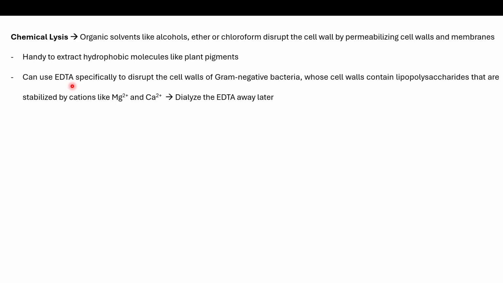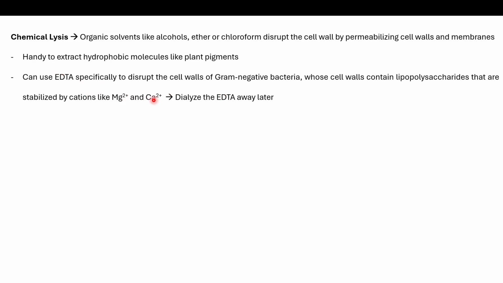And EDTA, ethylenediaminetetraacetic acid, which is a chelating agent, can be used specifically to disrupt the cell walls of gram-negative bacteria. Why? Because gram-negative bacteria have cell walls containing lipopolysaccharides, and these lipopolysaccharides are stabilized by divalent cations like magnesium and calcium ions. EDTA, being a chelating agent, chelates these divalent cations. So you use EDTA to destabilize the cell wall composition. If the polysaccharides are stabilized by these cations, and they are taken away by adding EDTA,